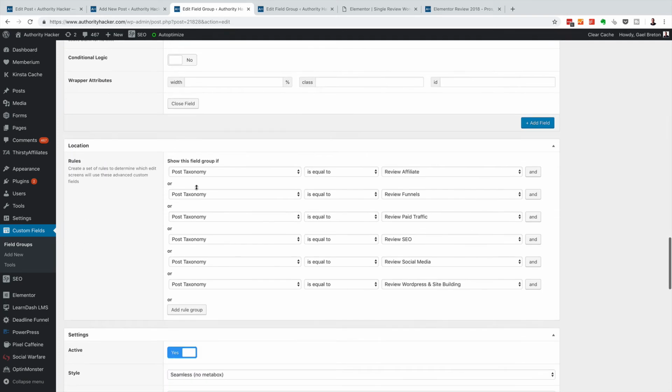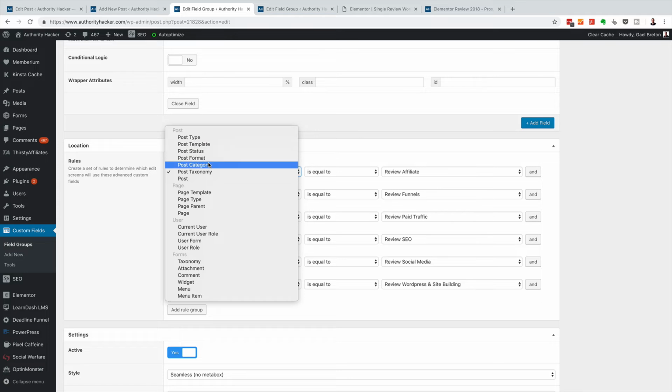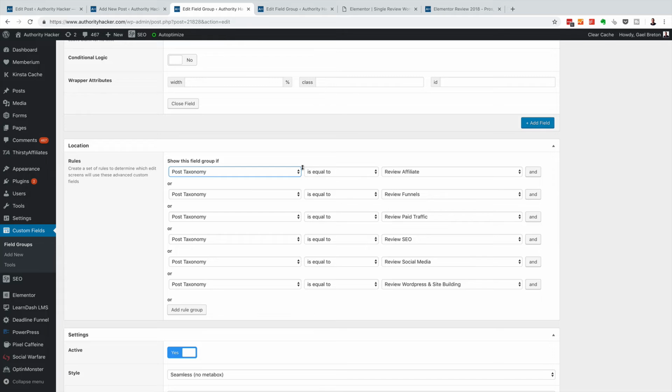And then below these fields, you can actually choose where these fields will trigger. In my case, I have triggered them to tags, so post taxonomy, but you can do pretty much category, format, status, type, etc., post page templates, anything you want. A lot of people prefer post type. I prefer to do that. But I've essentially picked the tags where I want these fields to trigger,